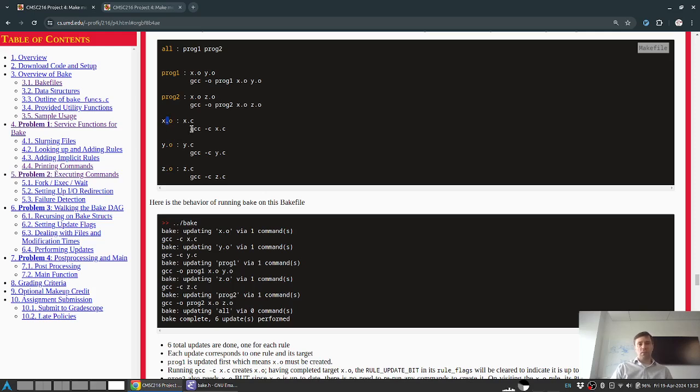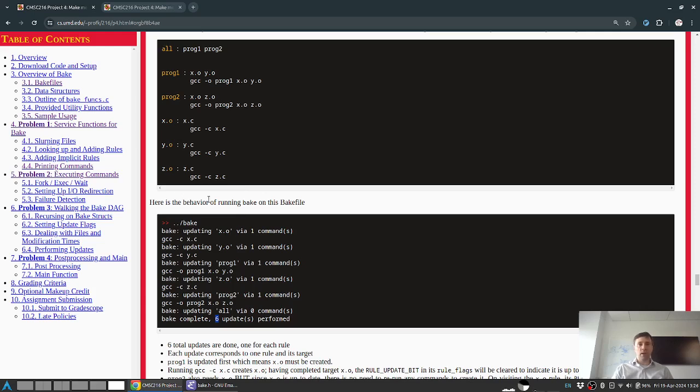So that's the first thing that's updated by issuing a gcc -c. That's a fork and wait. Once that's done, then visit the second dependency, y.o here, and similarly compile that thing over there. And there's one subtlety to this that I want to point out because I imagine folks will forget it at some point. If you count the rules here, 1, 2, 3, 4, 5, 6, there are 6 of them. And you'll note when this bake completes, there will have been 6 updates performed, one for each of the rules